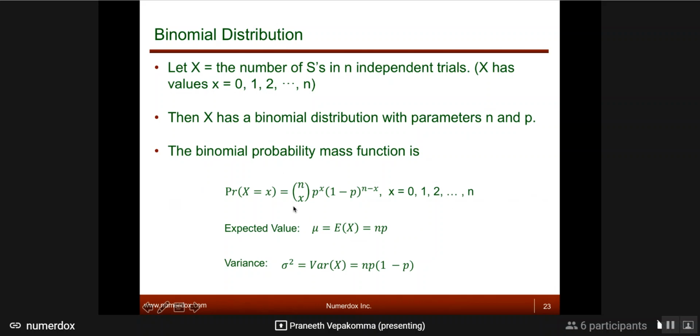Now the expected value, if you literally computed using the formula I gave you, which is a summation of this probability times the event itself. So 0 times this probability would be 0, of course, then plus 1 times this function: NC1, P power 1, Q power n minus 1, plus NC2 times P power 2 times Q power n minus 2 times 2. So if you do x times P of x and sum all of that, you will get a blunt expression, and you have to completely do the algebra on it. It will end up becoming NP.